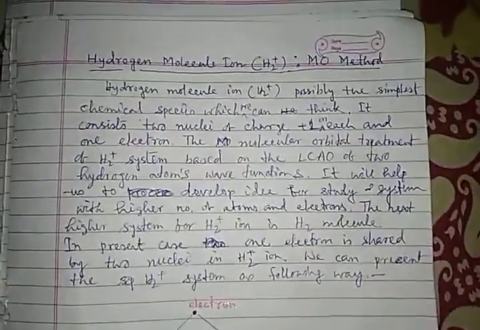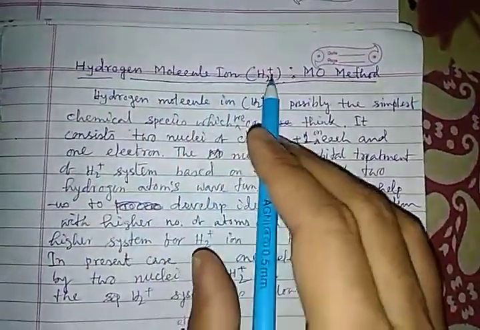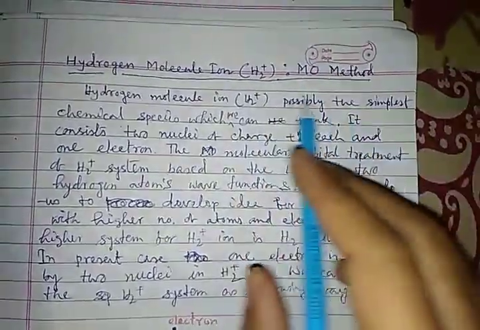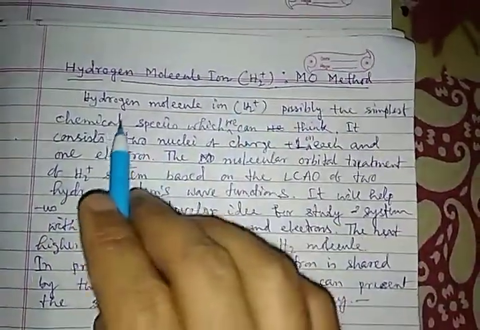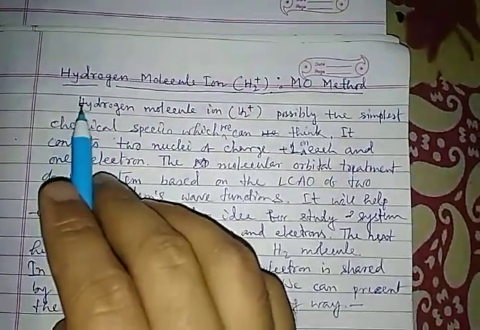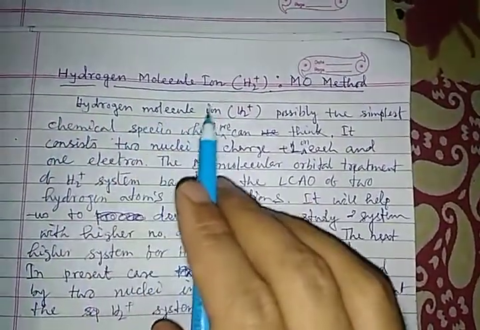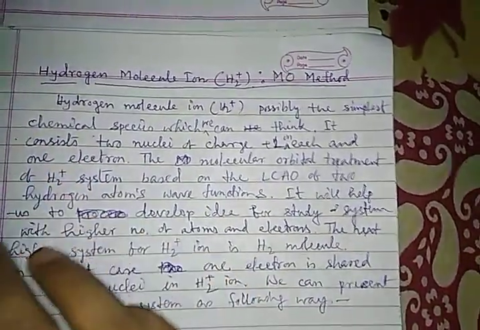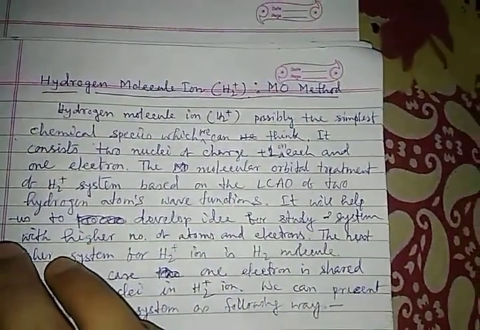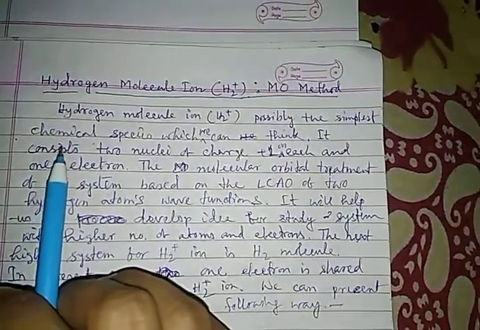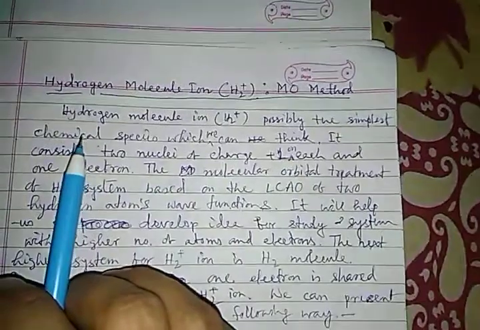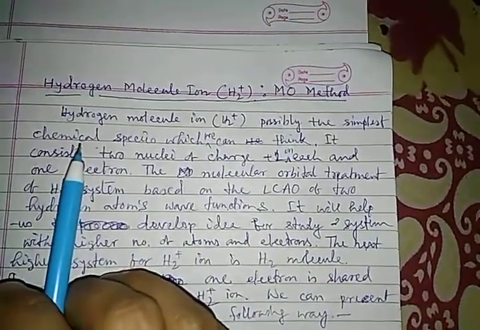The next topic we are going to discuss is the hydrogen molecular ion H2+ using a molecular orbital treatment. If you remember, we have solved the Schrodinger equation for the hydrogen atom, and then we noticed that in the whole chemical world we are dealing with molecules. So we have to understand the quantum mechanical treatment of molecules.